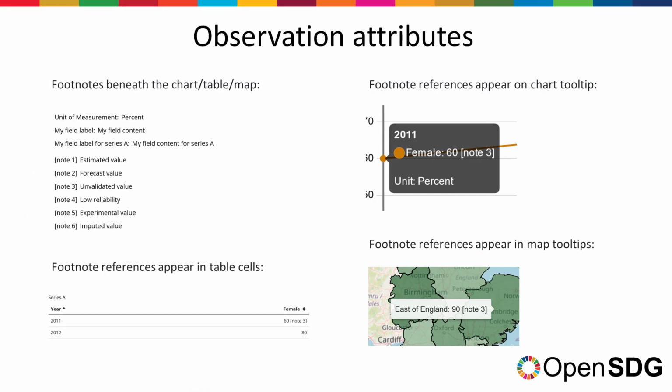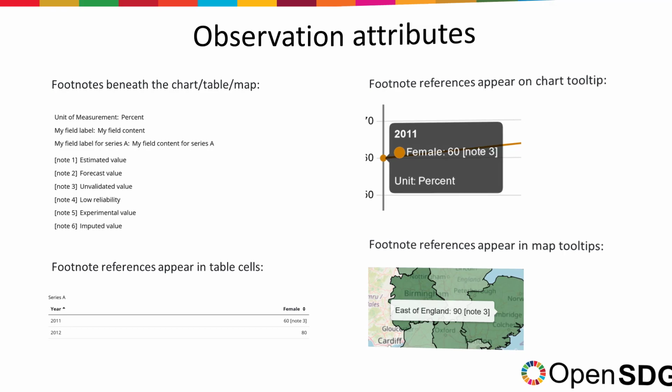Open SDG now has the functionality to display observation attributes for indicator data in charts, tables, and maps. The observation attribute setting in the site configuration file controls the data columns that should be considered observation attributes, as well as the labels that should be used for these columns when displaying their values in the footer beneath charts